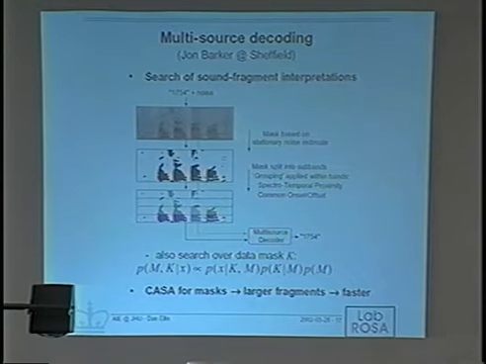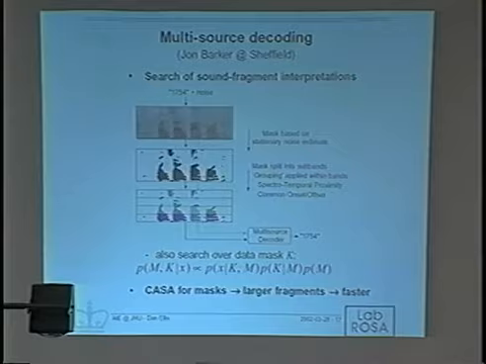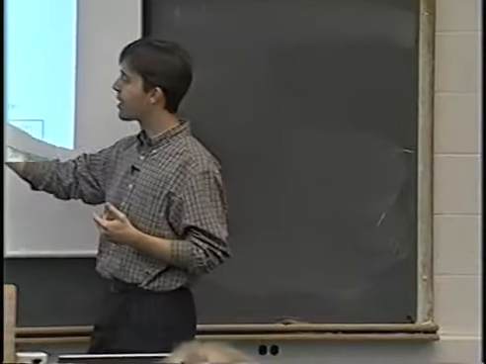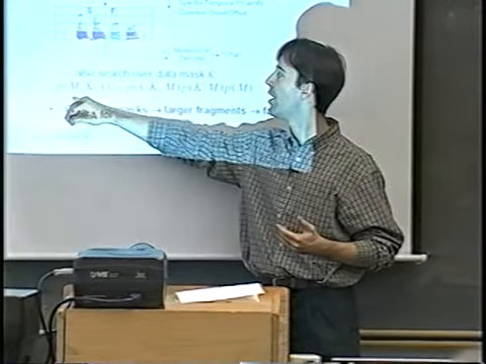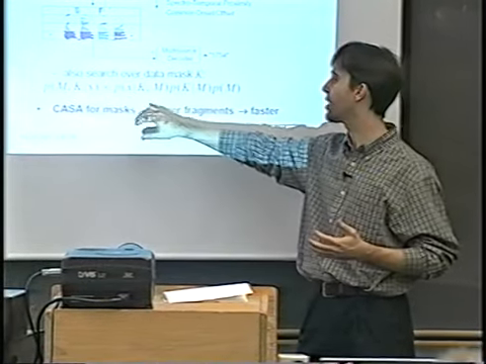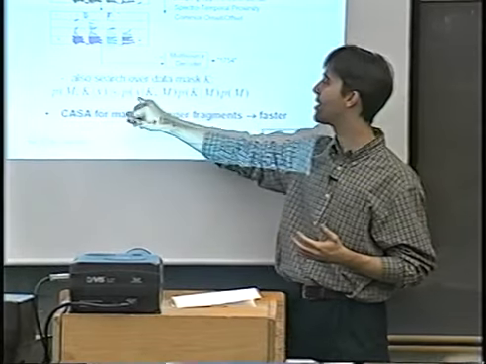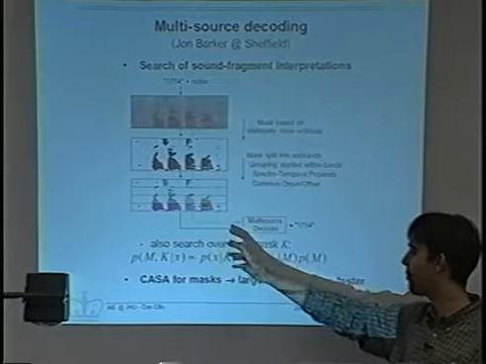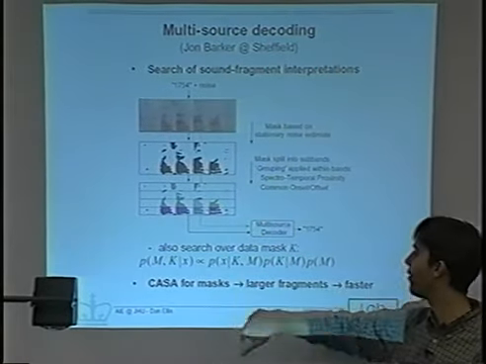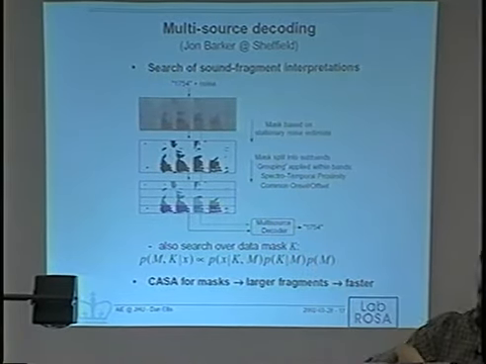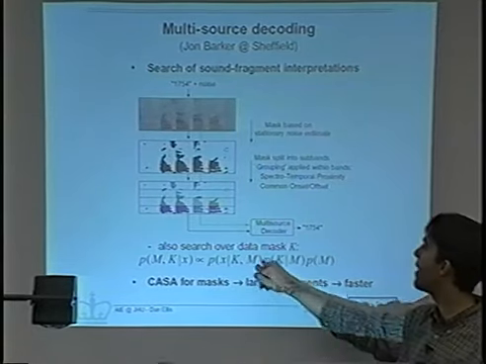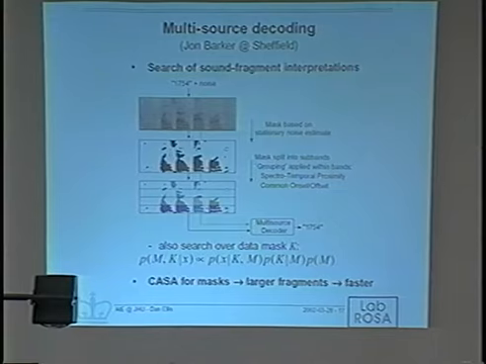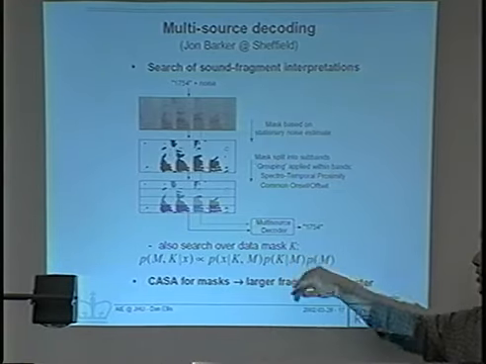The problem is that you then have to compare models involving different amounts of data. So this is why we have to do the joint probability of the model and the mask given the data. But you can break this down as the likelihood of the data given the division into present and absent in the model, which is what we were calculating before, and then the probability of the model, which we normally bring into speech recognition. And then you have a term here, which is giving you the probability of that particular mask. And in this case, it ends up being conditioned on the model.